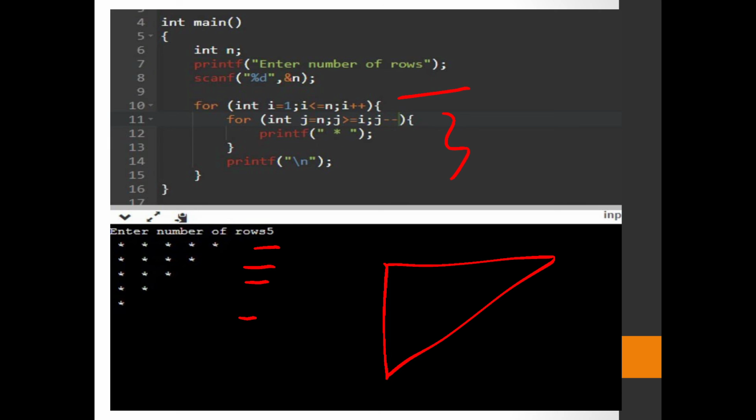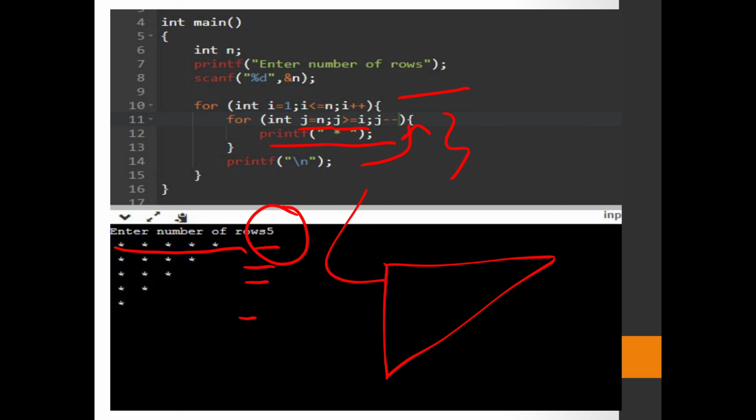In the first row we print 5 stars, so j should start from 5. When the value of i is 1, it should print 5 stars, the same as the value we provided for rows. Then it checks that j should be greater than 1, prints the star, and decrements the value of j.